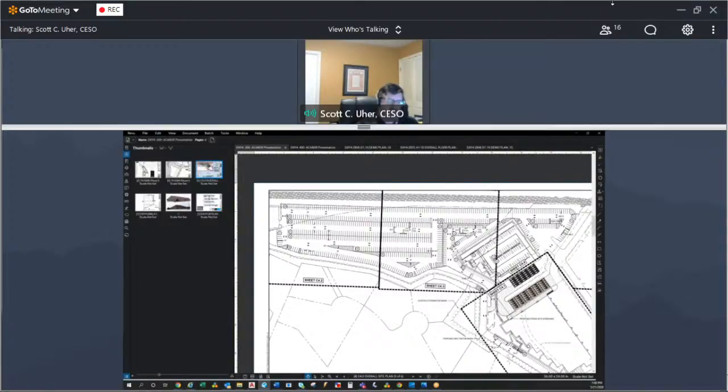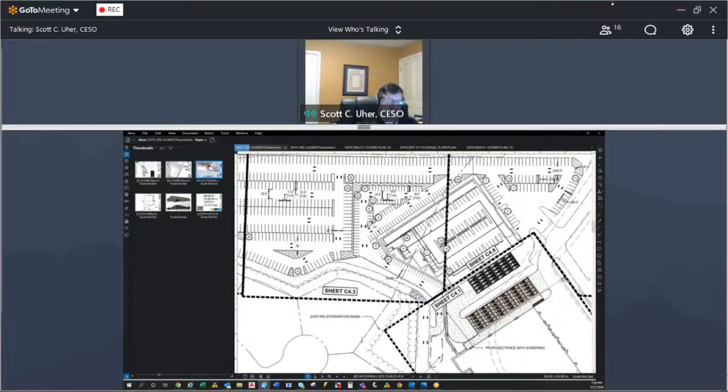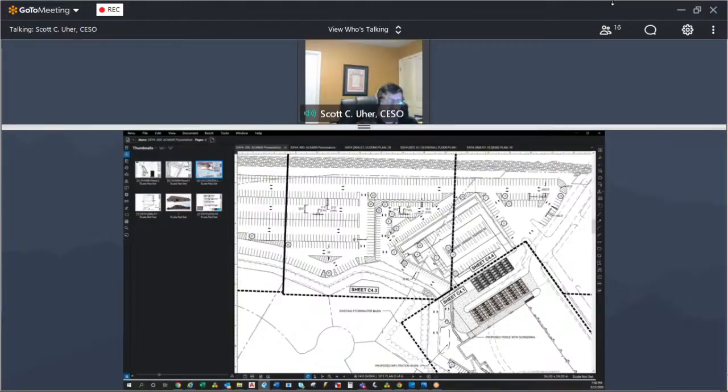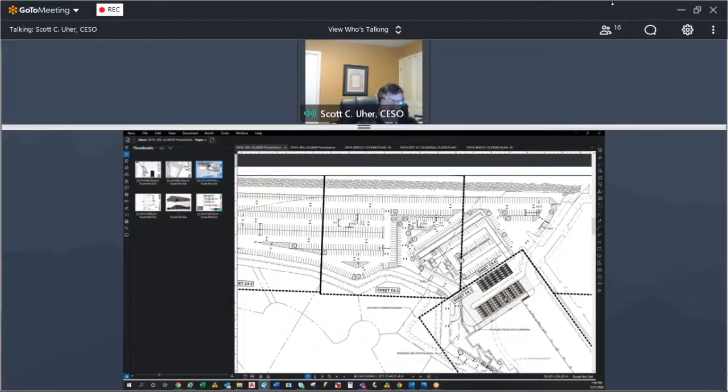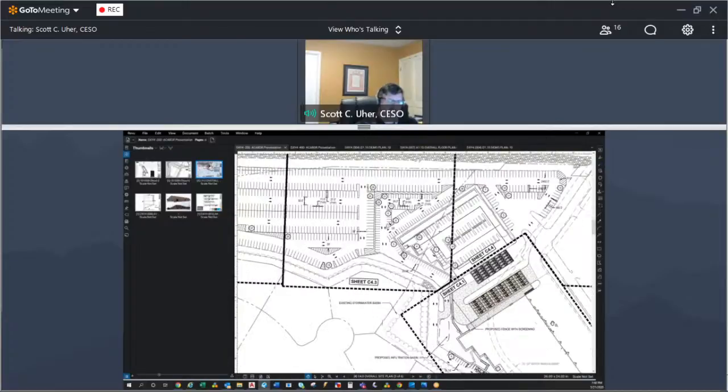And then the two buildings will be connected, and again, as Dan had mentioned, with the application that will be in front of the Planning Commission, there will be some minor site work that occurs between these buildings to connect them together functionally and allow the vans to flow from the northern part of the site and be loaded with merchandise that will be coming from the 400 building, processed inside the building and loaded into vans, which will then depart the site. So that's kind of an overview of just the site itself.